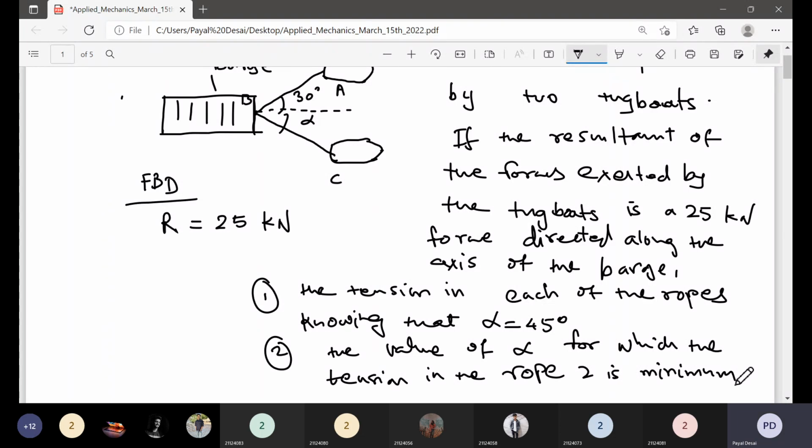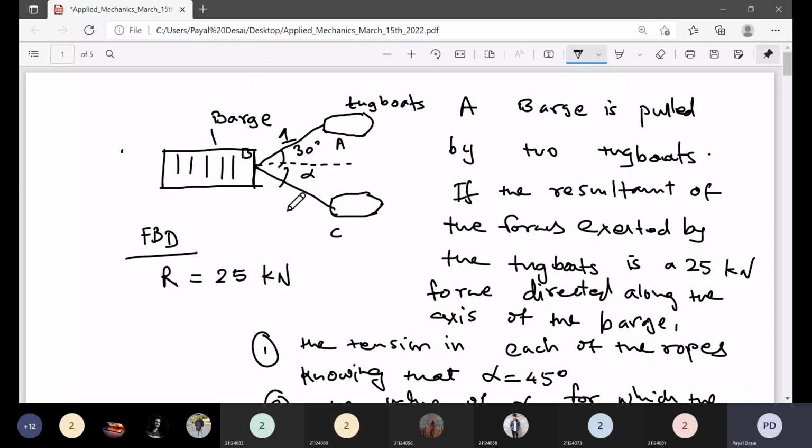Okay, let us read and understand the problem again. This is rope 1, this is rope 2. As mentioned in the instruction, a barge is pulled by 2 tugboats. That means there are 2 forces here. Those are tensile forces, right? At this moment, of course, you are pulling this, which means it is a tension. So it is understood. Now, the resultant force is acting